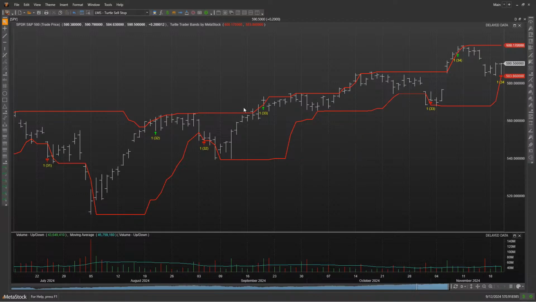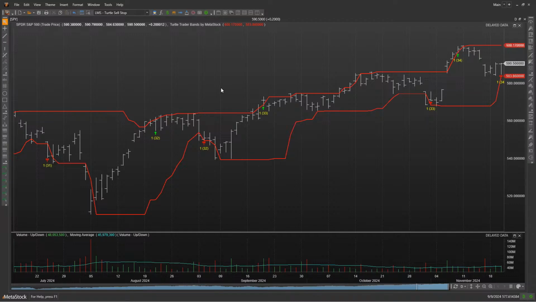So now, taking a closer look at this entry right here, you'll notice that this bar here, for example, on September 17th, traded above that upper band, but the system tester didn't get in until 2 bars after that point. So then the question is, well, hold it, what happened there? How come this one got in so late? Well, maybe we can make a change to that.